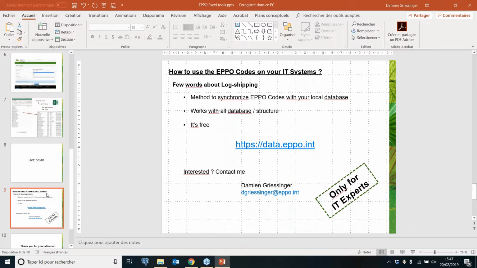It's really available. If you are interested, just contact me directly. I can explain to you how to set up this tool. Clearly, this feature is for the IT department because it's quite complex to set up, but after it will help you to synchronize without thinking about the synchronization. So you will have a dump of our database on your system,